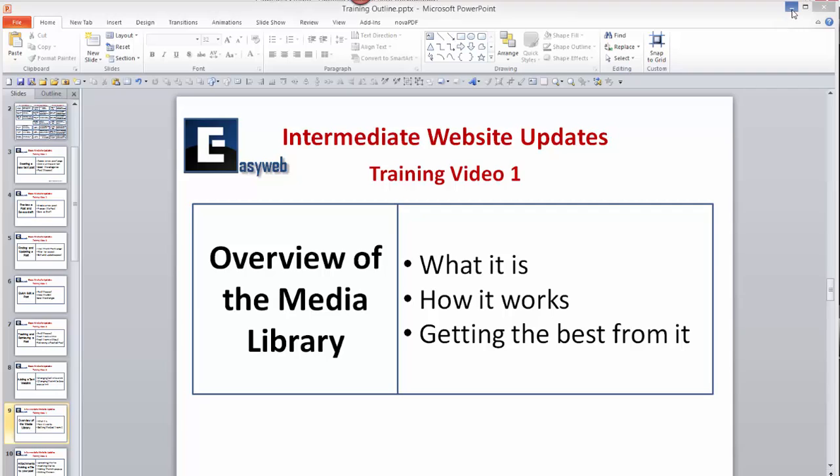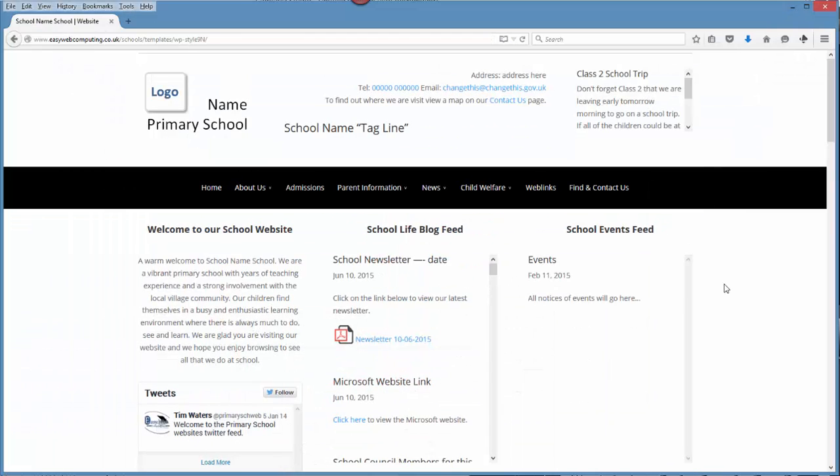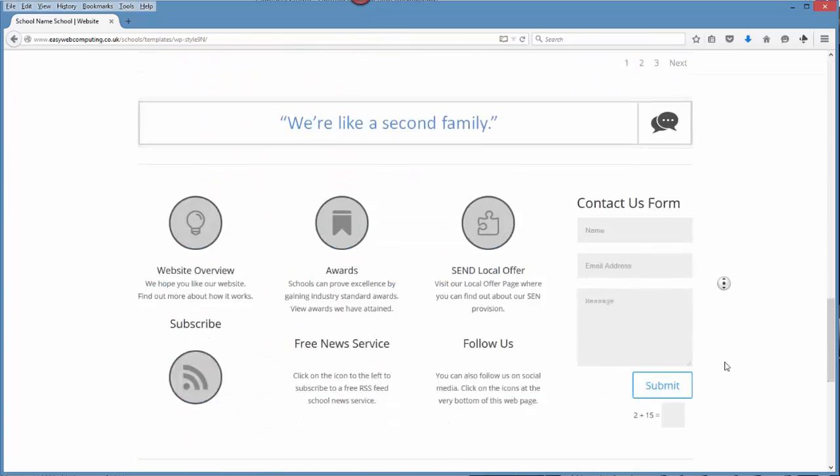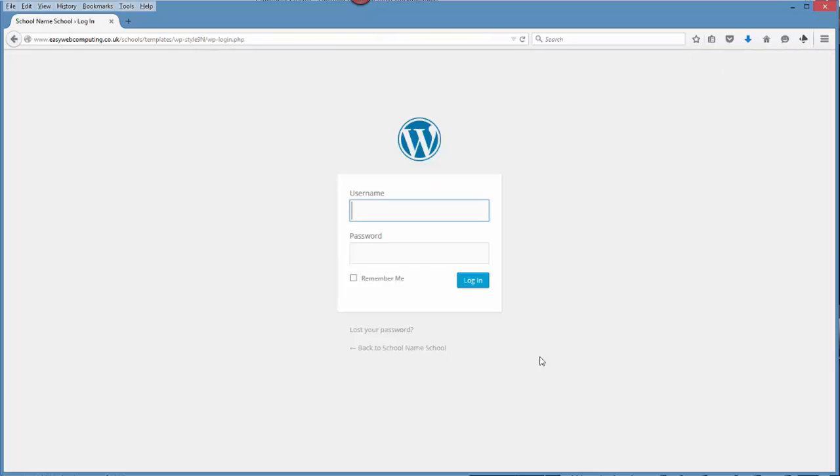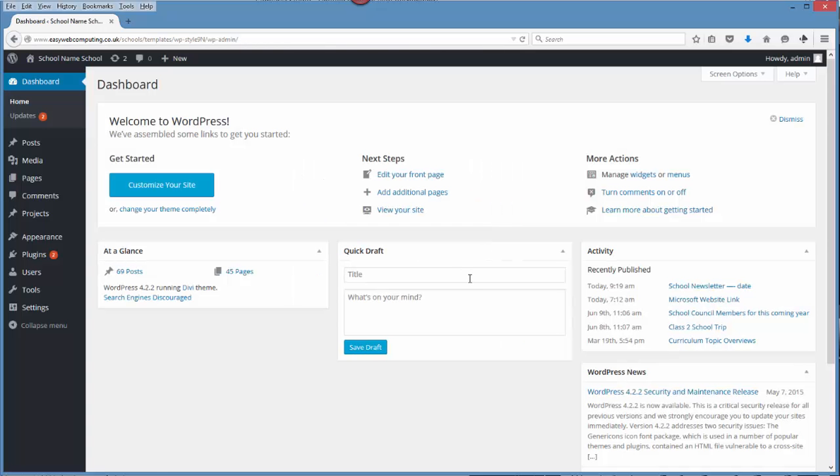So let's have a look at the website we've been working on with all of our videos so far. This is website style 9 and it's in a template format. We're going to go right down to the bottom of the page, click on the login, and we're going to log into this site. Okay, once we've logged in, we find ourselves at the site dashboard,